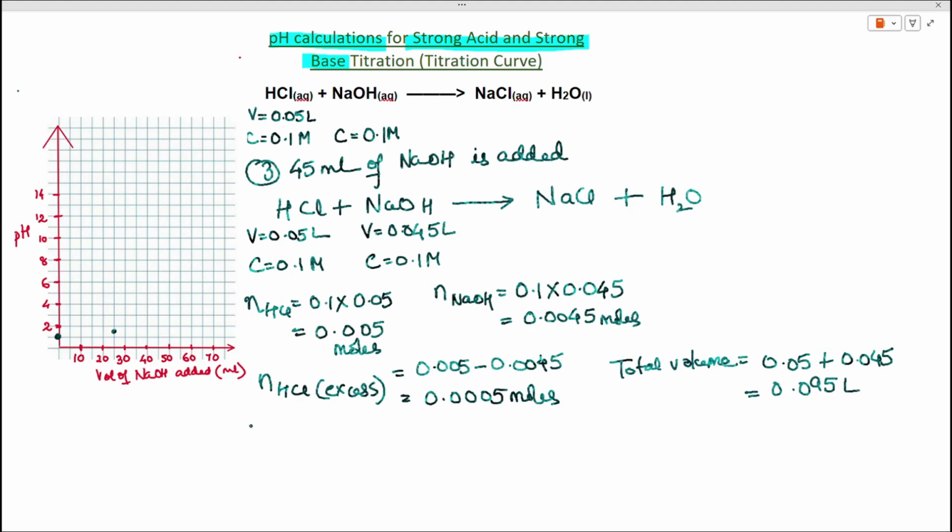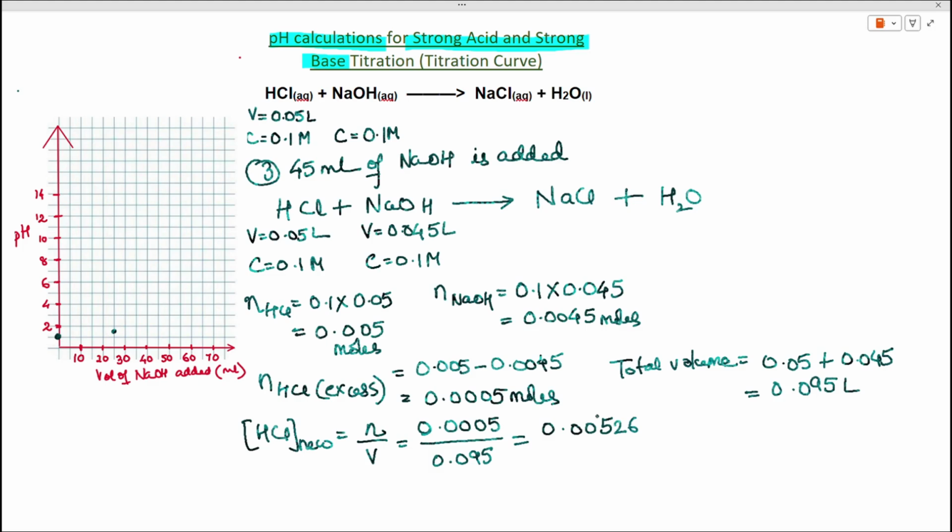Now we'll find the concentration of HCl, which is the new one, by taking the number of moles and dividing by the total volume. So we get 0.0005, that being divided by 0.095, and hence we get the new concentration as